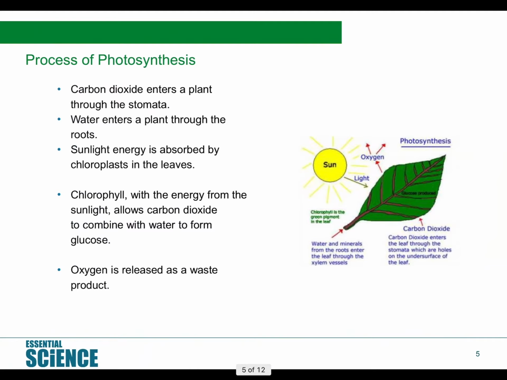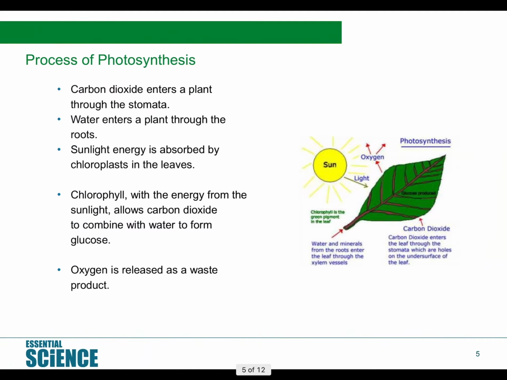So the roots in the soil will absorb water, and that water goes up through the stem and into the leaves. And there then, in the leaf, the carbon dioxide and water are converted or changed into glucose and oxygen. But the other two things that are required for that process are light, which provides energy,